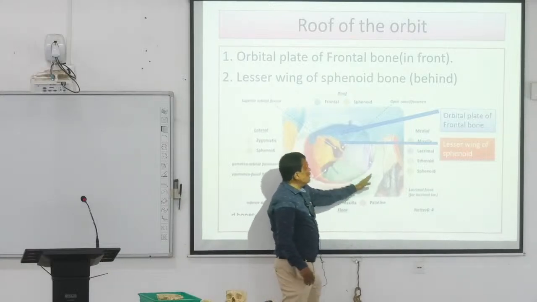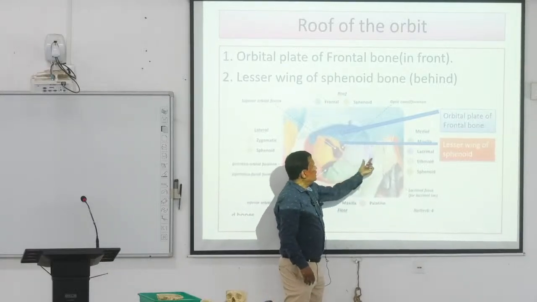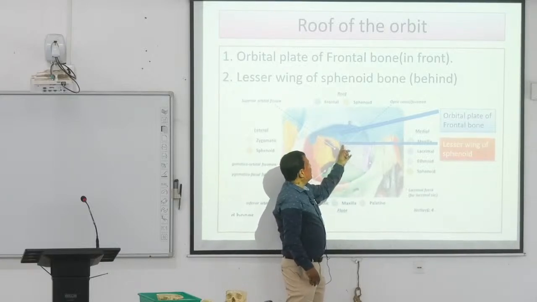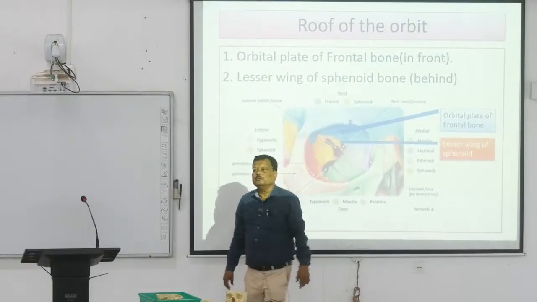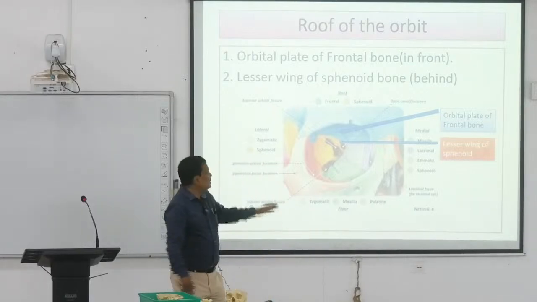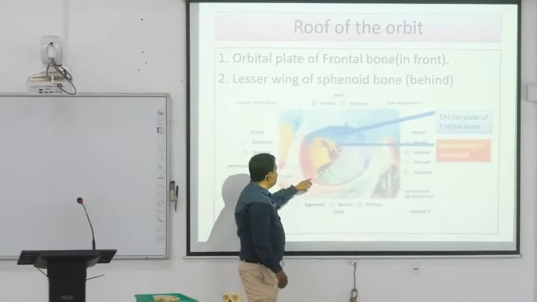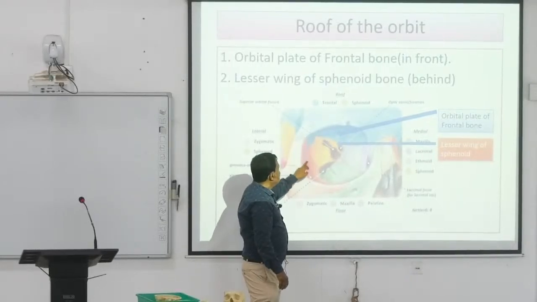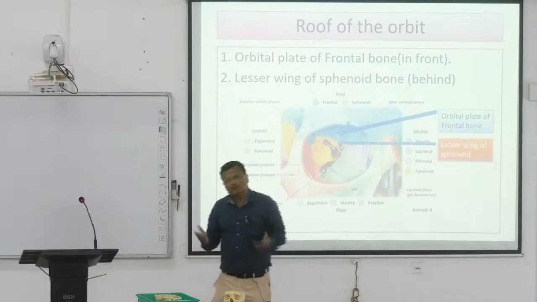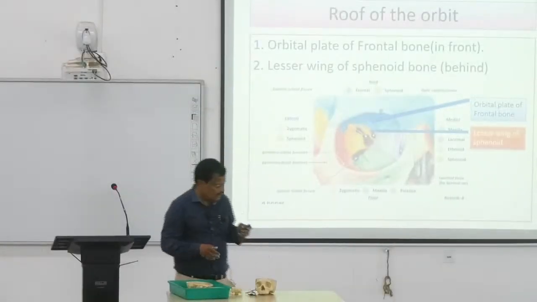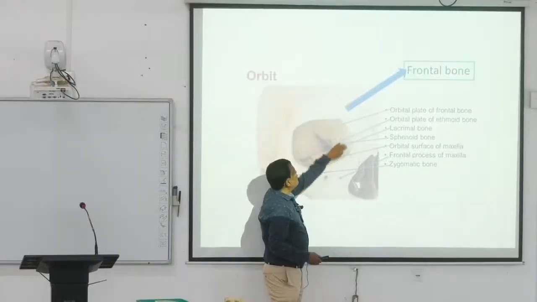Medial wall is formed by the frontal process of the maxilla, lacrimal bone, orbital plate of the ethmoid bone, and last a body of the sphenoid bone. And lateral wall is formed by the zygomatic bone and the orbital plate of the sphenoid bone. মুখস্থ করতে হবে, কিছু করার নেই, দেখে দেখে মুখস্থ করলে মনে থাকবে। আর আরেকটা প্লেট অফ দ্য ফ্রন্টাল বোন,